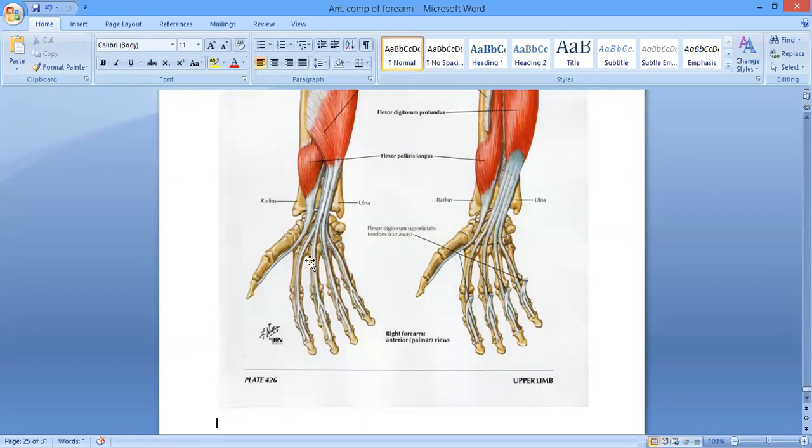I repeat it again. The tendon will pass up to the proximal phalanx. In front of the proximal phalanx, it divides into two slips and gives way to the tendon of flexor digitorum profundus, and then it will reunite at the level of the PIP, the proximal interphalangeal joint, and then again divide and attach on both sides of the middle phalanx. कोई problem तो नहीं है बच्चे? Attachment समझ में आ गई इसकी? This is how the long flexor tendons are inserted in the phalanges. This is a separate topic, the insertion of the long flexor tendons. आपको समझ में आएगी? प्रॉब्लम तो नहीं है बच्चे?